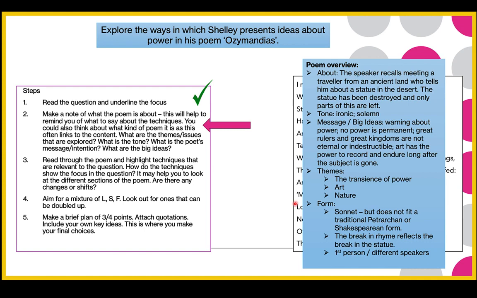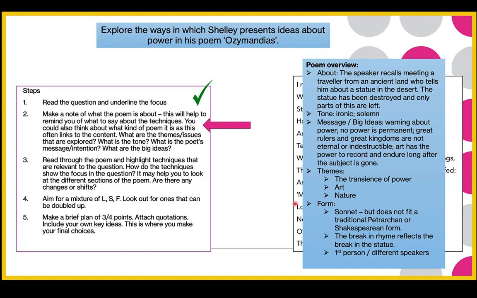So I've just organised my notes in terms of what it's about, what the tone is, what the message is, the themes, and anything to do with form. I've included form here because form can sometimes be something that pupils forget. So maybe just to pull it to the front of your mind to think, right, I must comment on form, or I must identify something to do with the form. It's usually easiest to do it at this initial step.